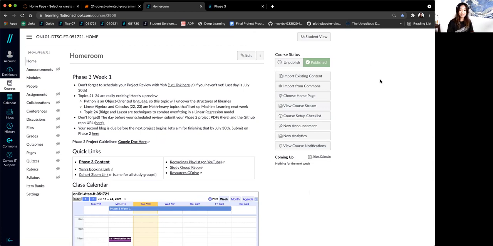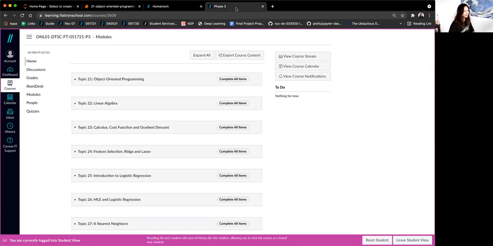Okay, I do want to give everyone a really quick overview of what phase 3 is going to look like. So out of the 3 weeks of phase 3 material, this week we're doing topics 21 through 24. And I like to characterize this as tying up a lot of loose ends that we had at the end of phase 2. I know that we got into linear regression super quick after a lot of stats theory stuff. So topics 21 through 24 will kind of go under the hood of what we were actually doing